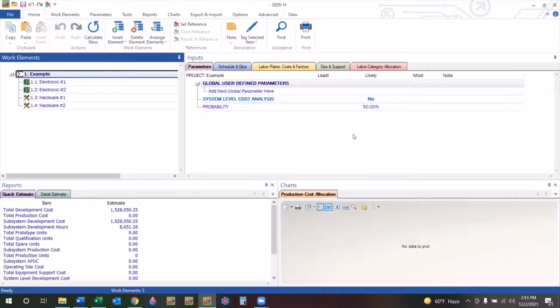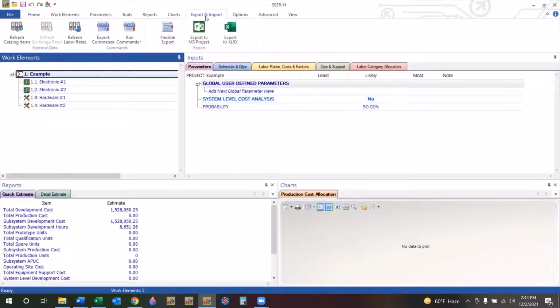In this video, we'll be providing a brief overview on how to use the export and run commands. Now, the export and run commands can be used to regenerate either a portion of your estimate or your entire estimate. To do this, you're going to go to the Export and Import tab, and then you're going to first